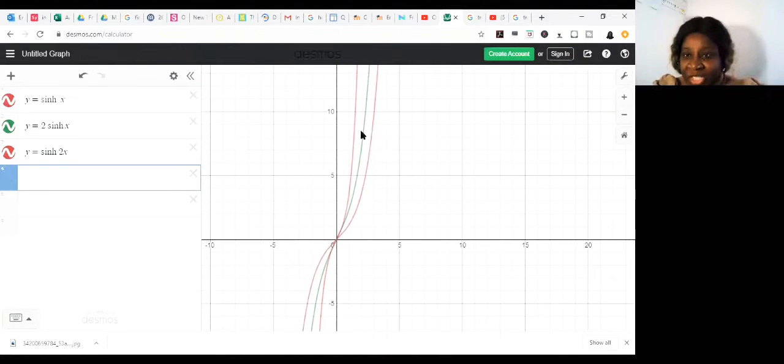It's taking it up, but still going through 0, yeah. Is there any other thing? You've seen the minus 1, and you've seen 2 sinh x and sinh 2x. So let's stop that share and we can have a look at the graph of